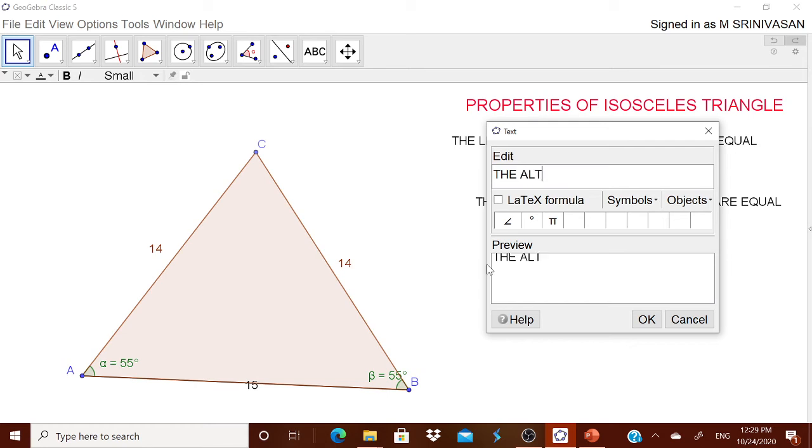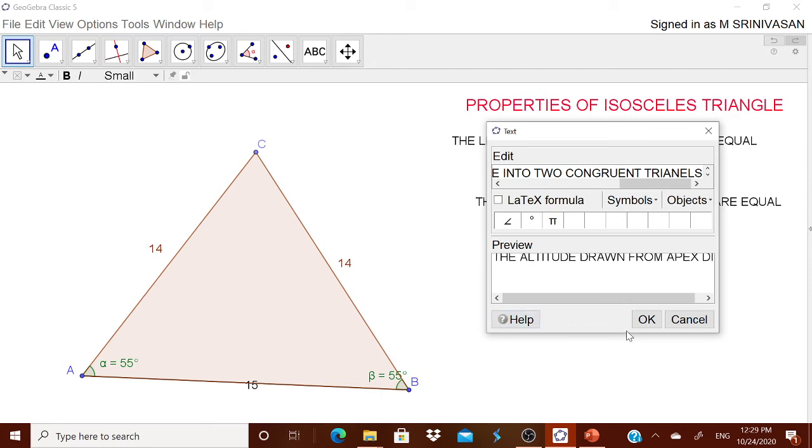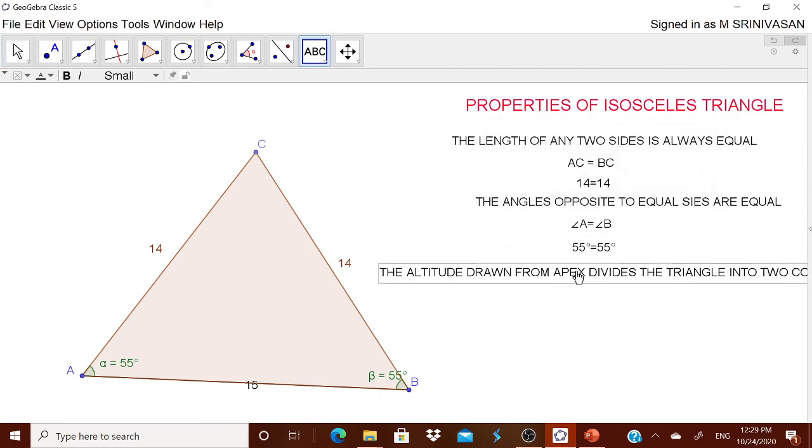The altitude drawn from the apex divides the triangle into two congruent triangles. Anyway, I'm just making it and you try it out and how to type it.